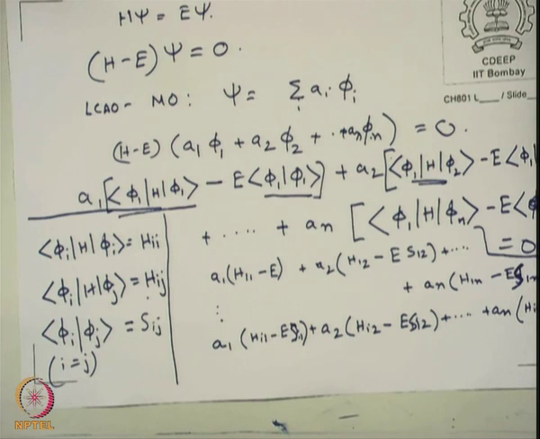Now, when you do this and if you expand the determinant, you will get an expression in E, is not it? Understand what I am saying? You have a determinant like that, expand it, equate to 0, you have a polynomial in E. Which order polynomial is it? N. So, in principle you should be able to solve that, alright. Now, of course, we do not want to do that.